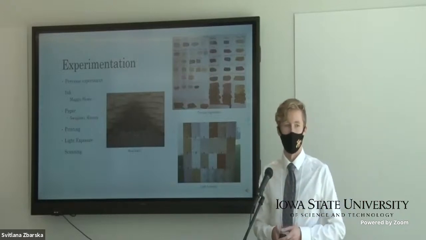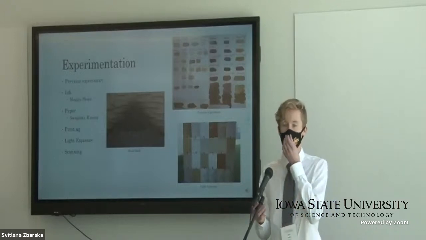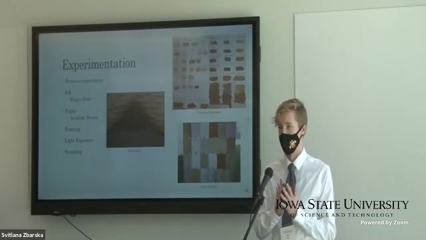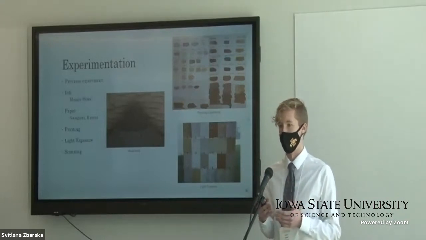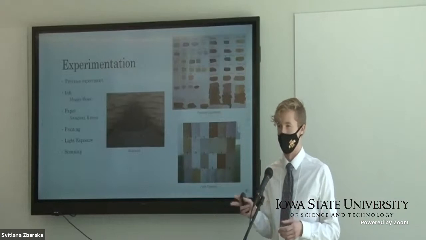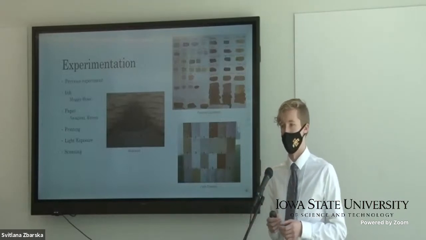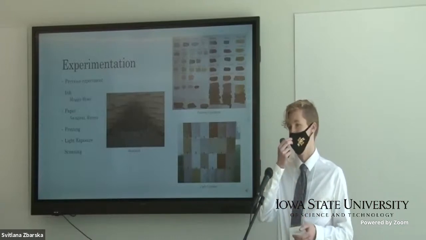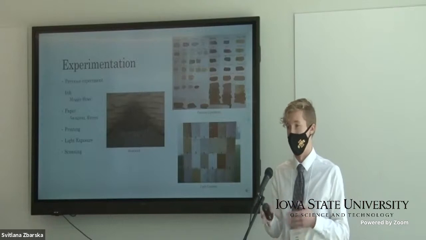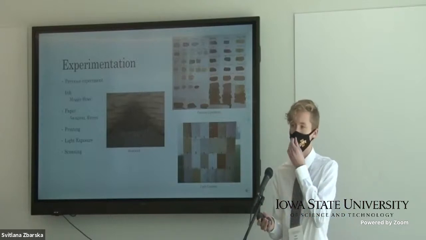The actual printing process is relatively simple. A couple days before actually printing, I would create a damp pack, which is a collection of wet paper. And then on the actual day of printing, I would need to make the ink more suitable for printing that we have purchased. And in order to do this, I would add rice paste, which acts as a binder, meaning that it helps the ink bind to the material. And I would also add an additive if necessary, if we're working with any additives for that day.